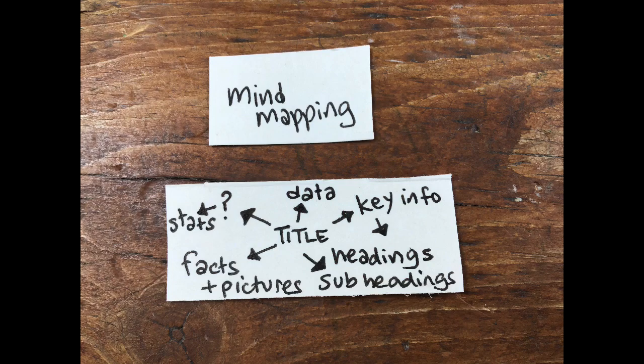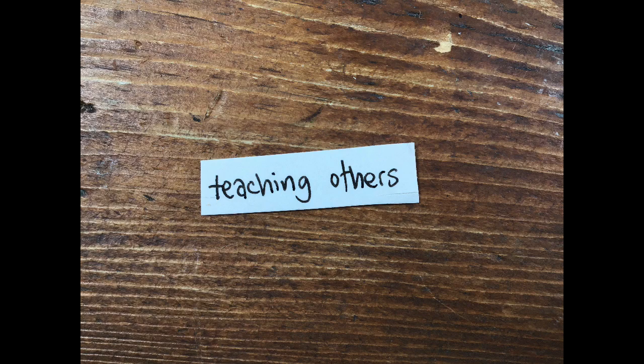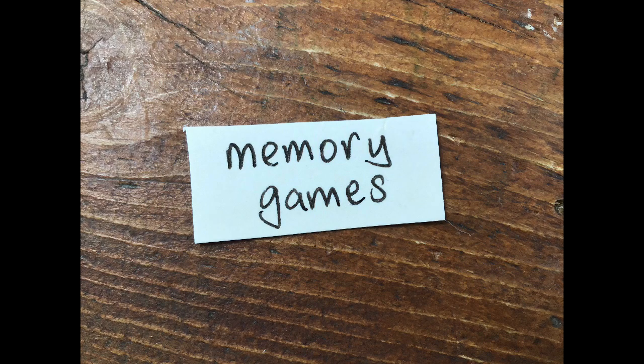Putting what you're trying to learn in the middle of a page and drawing a spider diagram around it with visual cues of words helping you revise. And pictures. Very, very good for revision. Repetition is a good way to learn things. People do that with their times tables a lot. Also, teaching other people stuff makes it go in your brain more. Memory games are a great way to improve your memory, and there are a lot out there, but I thought